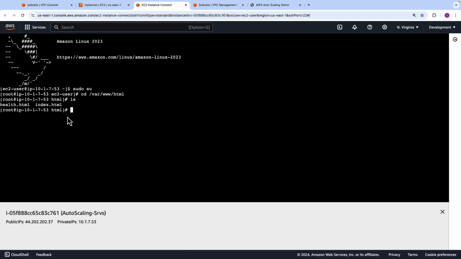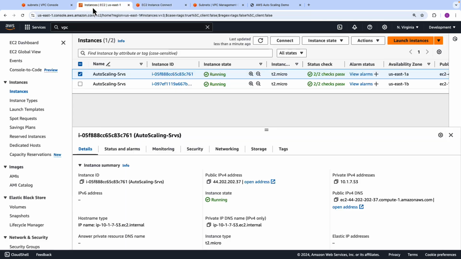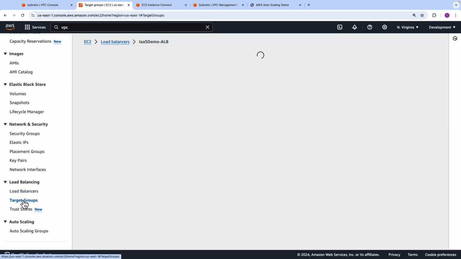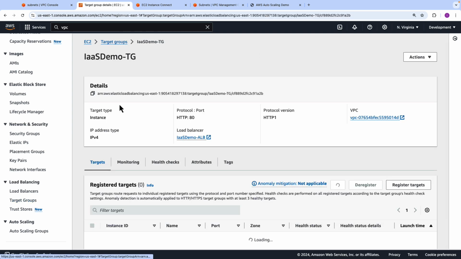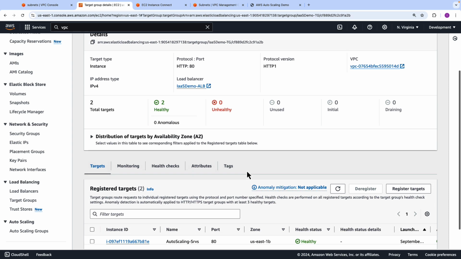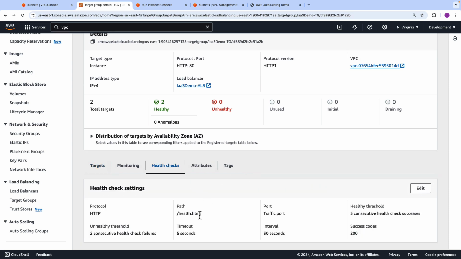And if I were to go back to instances very quickly to my EC2 console and go down to target groups and click on target groups, you will see in fact under health checks that I've got 2 healthy servers because it's able to connect to that file. The health.html file is there, and it's getting the 200 success response code and therefore marking the server as